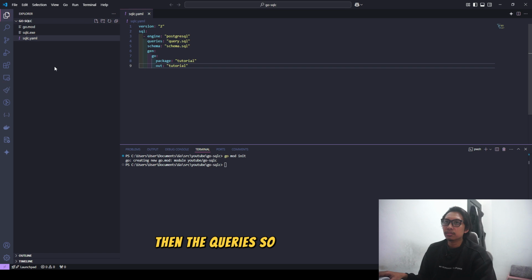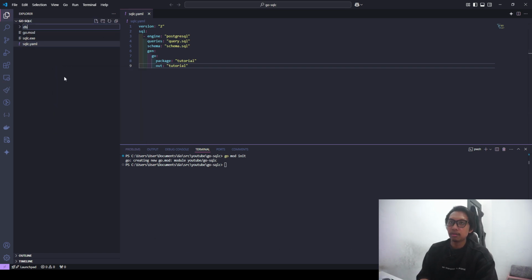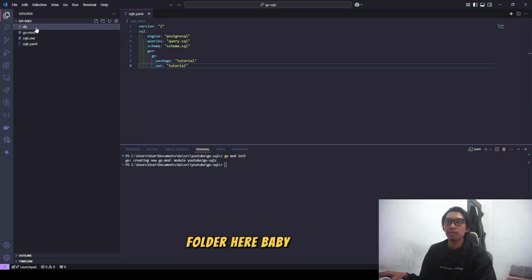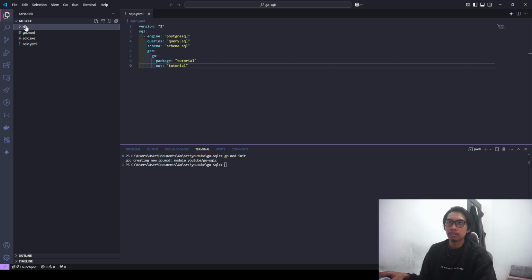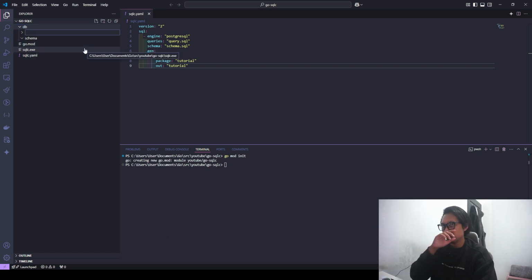Then the queries, so I will create the folder here, db, and then schema, create the folder schema, then I'll create another folder, query.